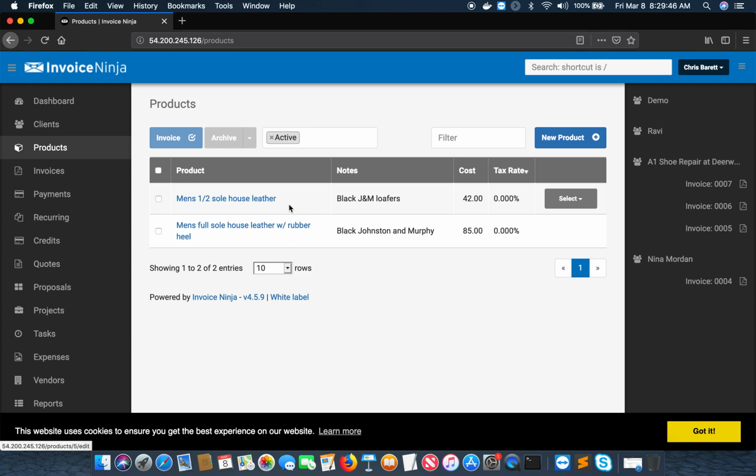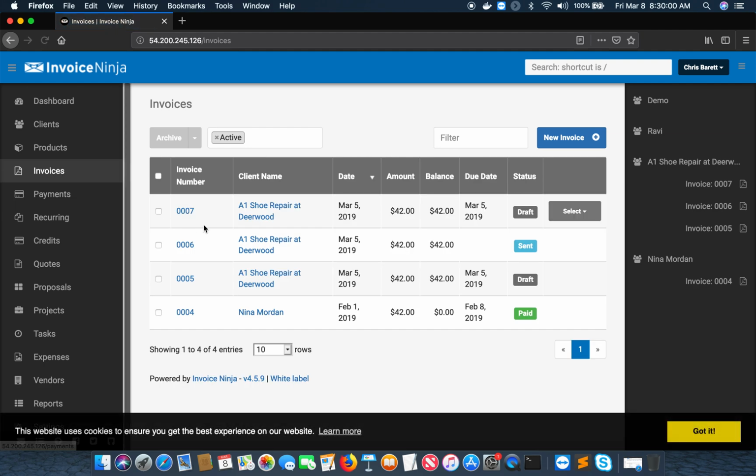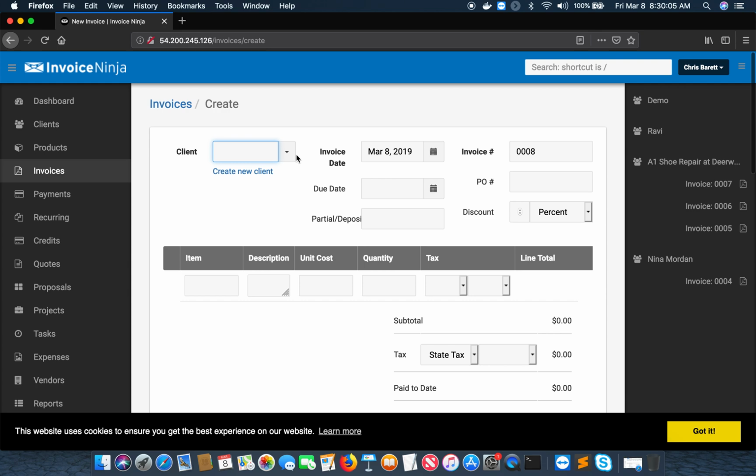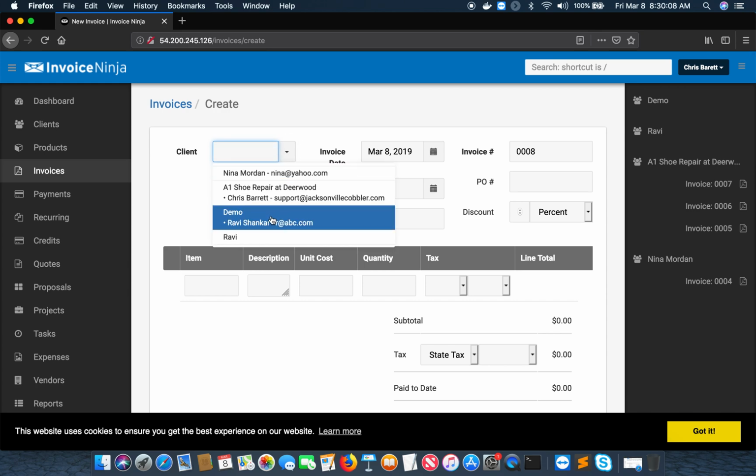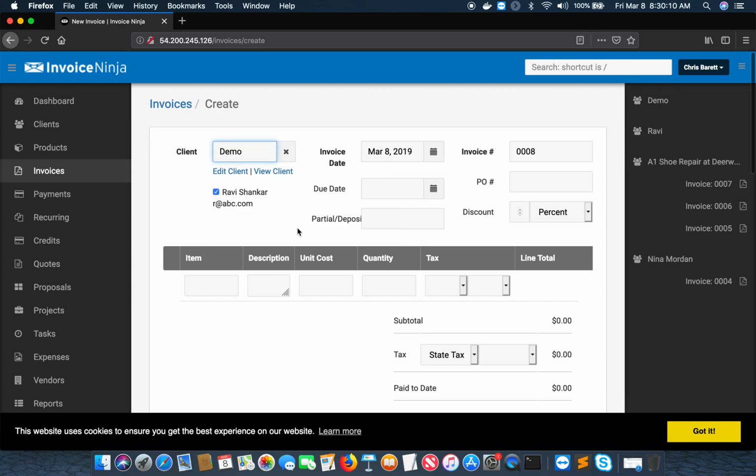And this is just sample data for some shoe repair related things, as my friend suggested. And you can create a new product here, and you can put all your inventories very nicely inside this one. And then when somebody is coming in, you can just go there and then create a new invoice there, and select your client name, or you create a new client here when the client is coming in. And you can see that just now I created a demo client here, and I'm going to give a PO number, for example, as this one, and I'm going to give the due date as March 12th, and I'm going